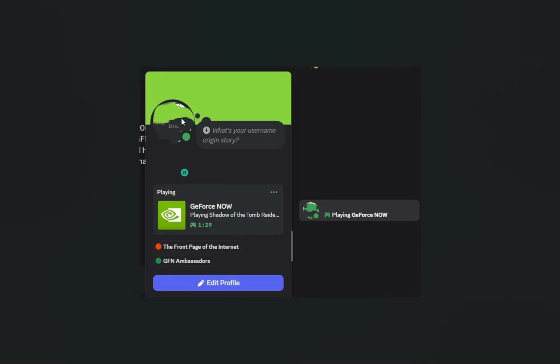Look at the bottom left of Discord or your profile card, and you should see the game name under your username while it is running through GeForce Now. NVIDIA notes that you can change the Discord Rich Presence setting from the GeForce Now settings menu. So now you have connected GeForce Now to Discord, and your games can show up automatically in your Discord status.